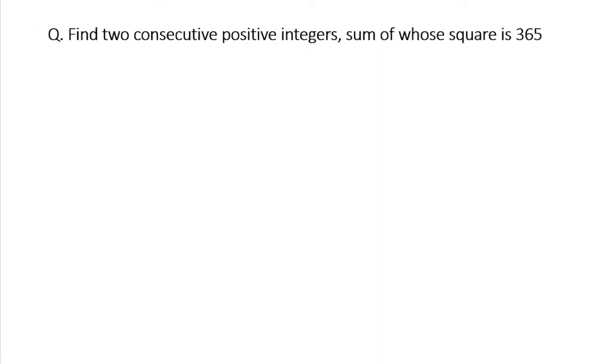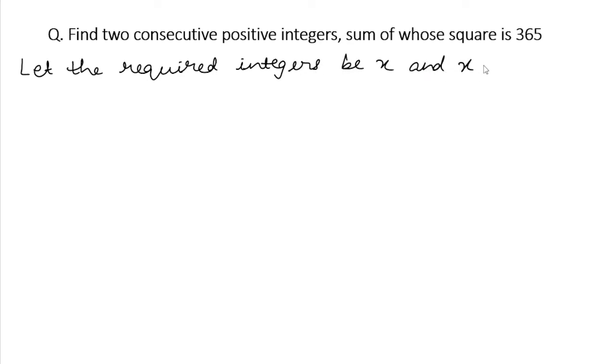So we will first write, let the required integers be x and x plus 1. Now in the question it is given that the squares of these two positive integers, if we take their sum, is 365. So we are going to write according to the question x square plus x plus 1 square is